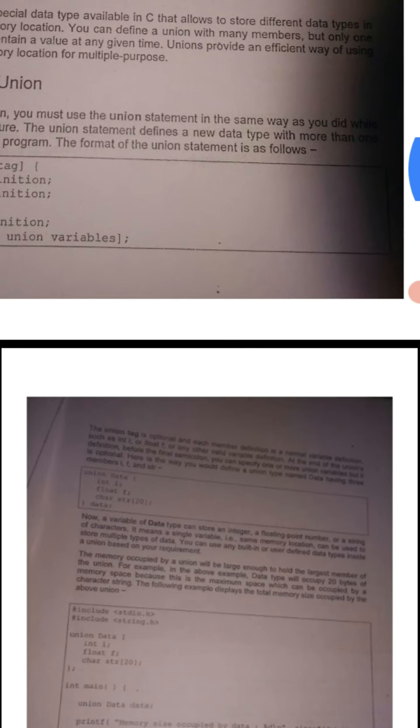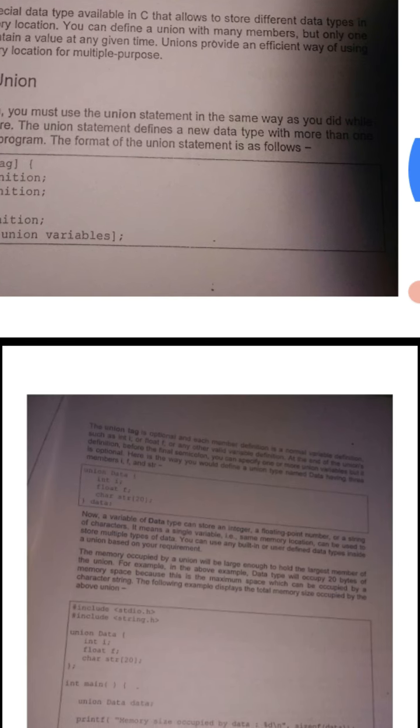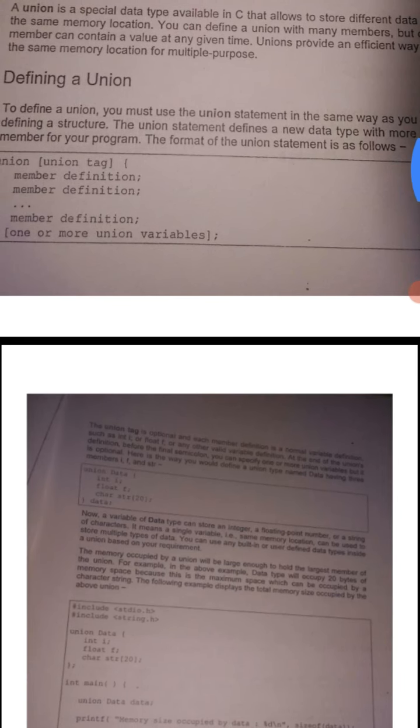The union statement defines a new data type with more than one member for your program.